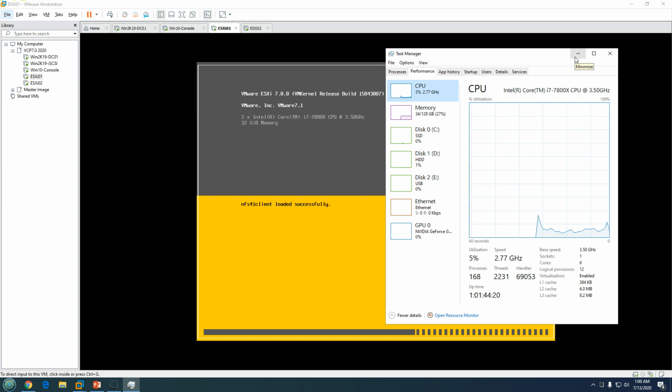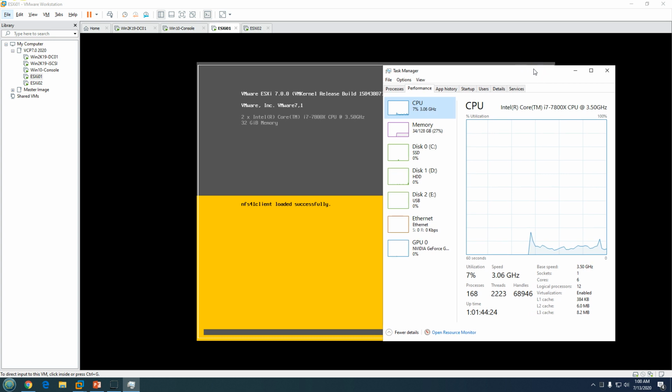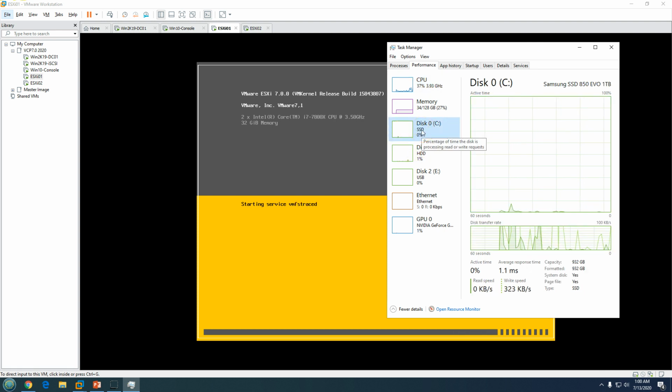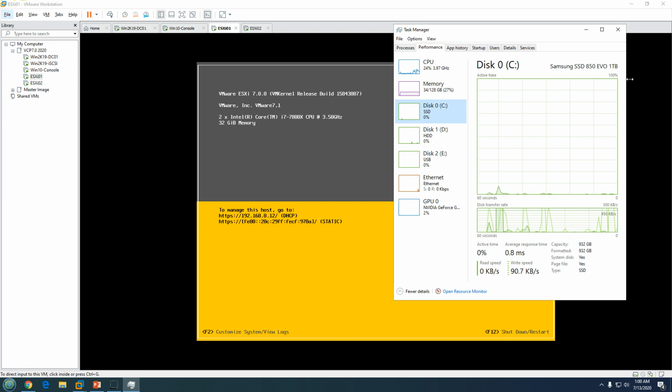This is good. If you are running a low config or low hardware based machine, you might face some delayed response in your VMware infrastructure, but I recommend you use an SSD, which gives you the best performance for the lab. I'm using a 1 TB Samsung SSD, which is giving me the best performance for my lab.